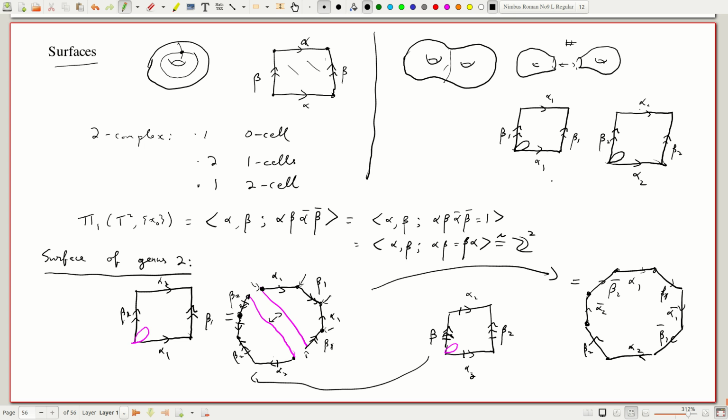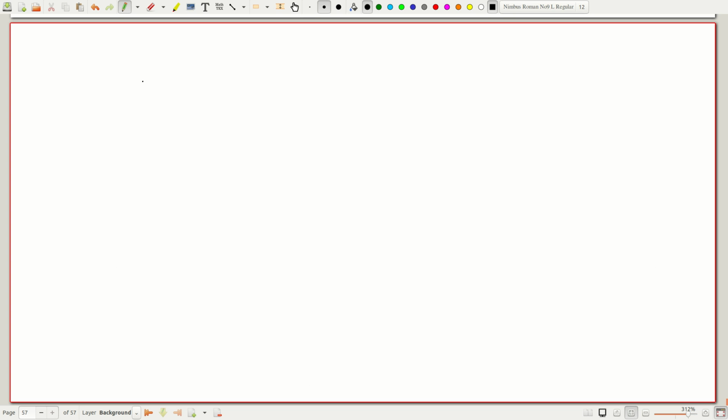And we can repeat this, because if I do the same connected sum operation again, remove one more disk and then attach this guy here, I get a surface of genus 3. So this means that if I take a surface of genus G, okay, I have drawn 3 here, it's a 2 complex. So genus G, this gives you a 2 complex,